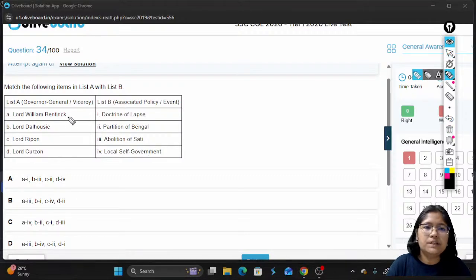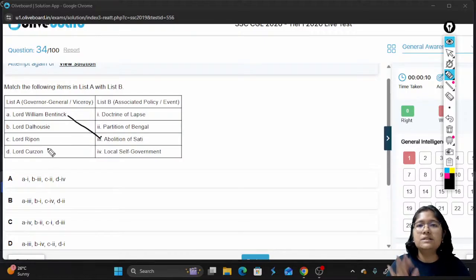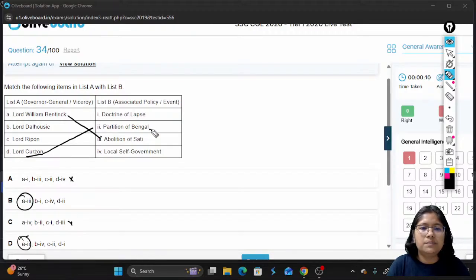If you take William Bentinck came with a stick, then you also know that Curzon gave the curse. Partition of Bengal happened. So that is the trick to remember, partition of Bengal. So now check. A, this is not correct. This is not correct. So you want A3 and you want Curzon with partition of Bengal. So I think you already got your answer. That is your option number B. That is A is with 3, B is with 1.